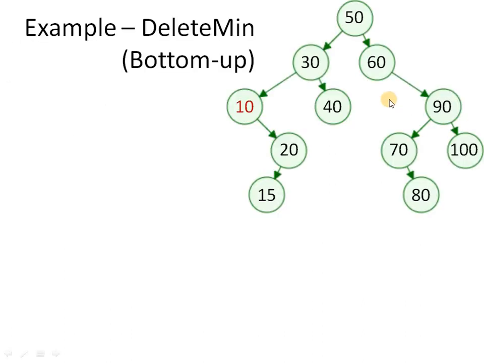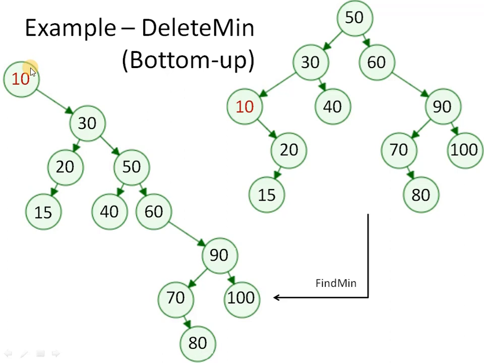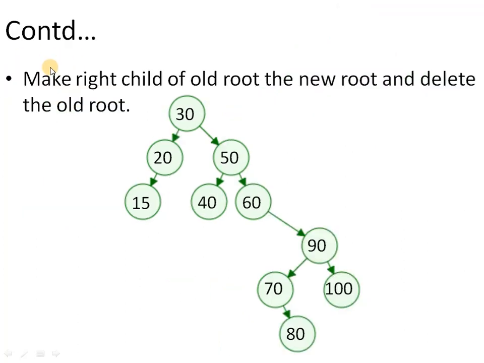So if we talk about this example again, we have already performed the find min operation on this tree. So we have to simply perform a zig operation in order to perform find min. So the moment I perform find min, as we have discussed, the minimum node becomes the root. So its left subtree should be empty and it will have only a right subtree. So in order to delete min, we have to simply shift the root to right of root, and then we have to delete this 10. So the resultant tree will be like this.